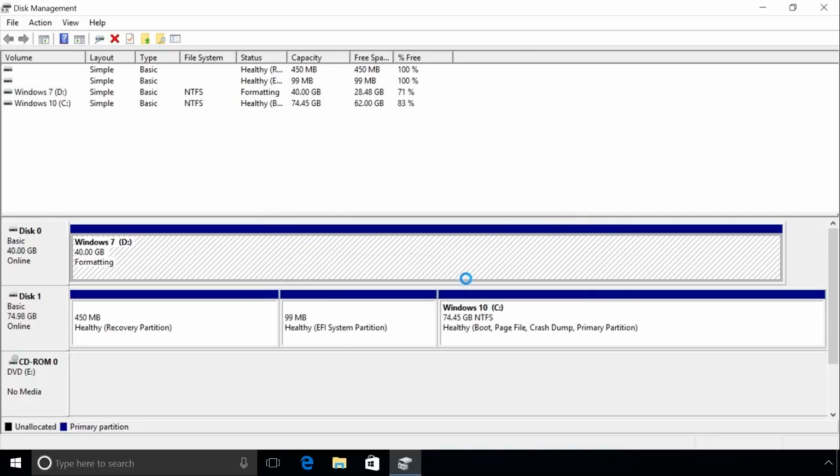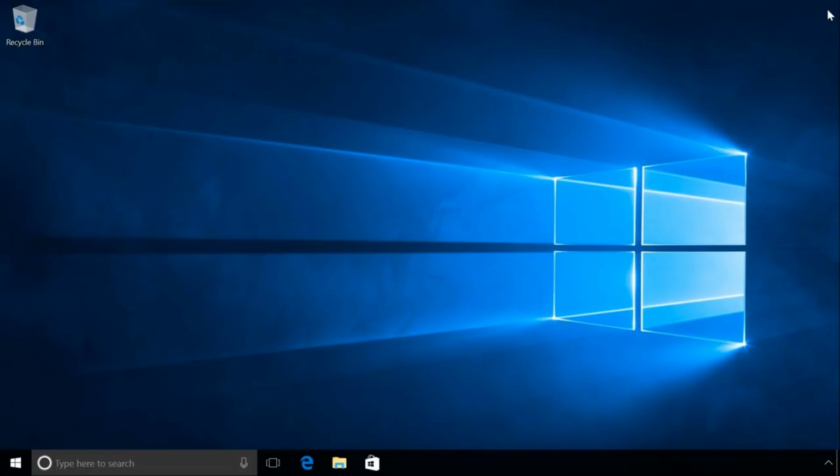Remember that all data stored in the deleted operating system will be gone, so if there is any information you will need, make sure you save it to another disk before the installation. If you lost some file,